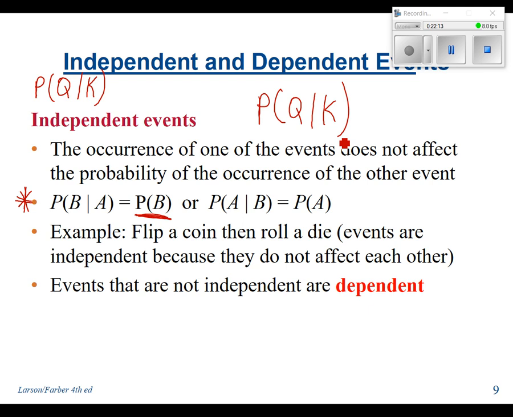Put it back. This probability of getting the queen, given that we drew a king, if we put the king back, is going to be the same as just the probability of getting a queen. So that would just be, if we put it back,